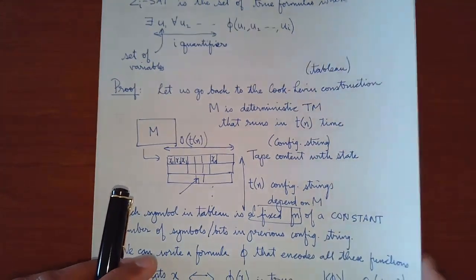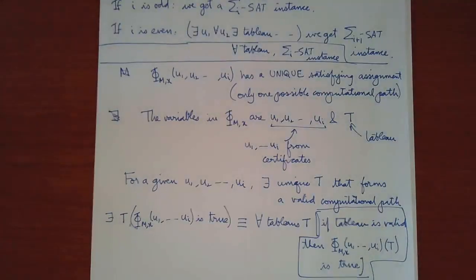So what this means is, I'll write it down as a formal theorem. Well, first let me draw some pictures and I'll write it down as a formal theorem, that if M is deterministic,